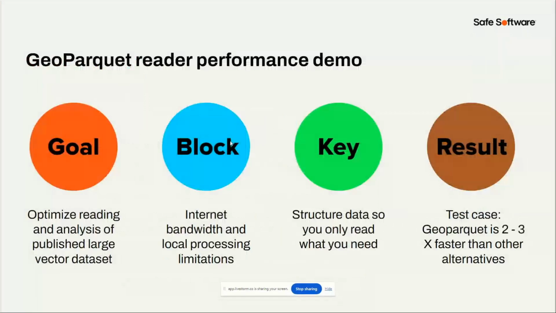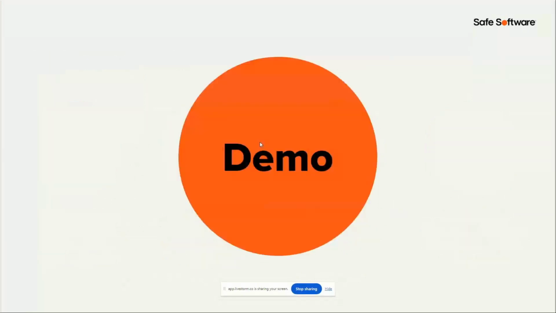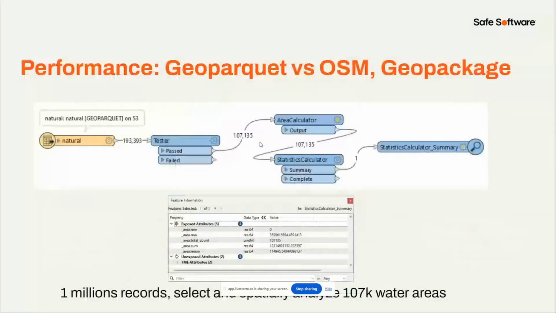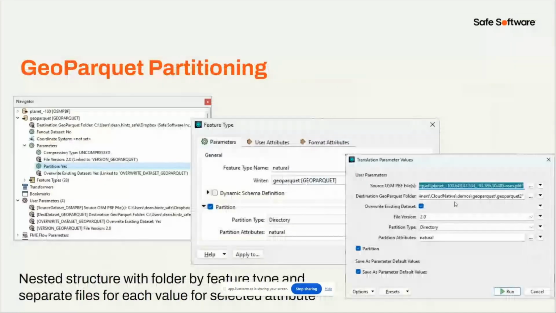So in terms of how do we support reading huge vector data sets with GeoParquet, the demo here, and I'll make this workspace available, is a fairly simple one where we basically read a GeoParquet data set stored in different locations. And then we do a filter on that. So we take basically 1 million records, filter it down to 100,000, and then compute statistics on that. And so I ran this workflow